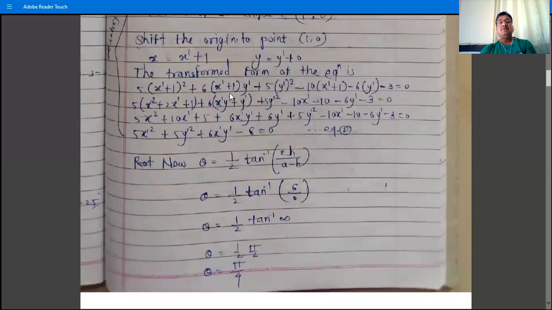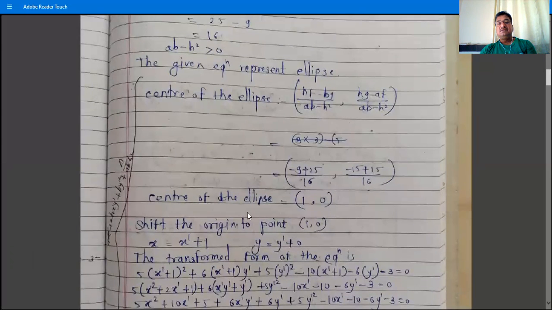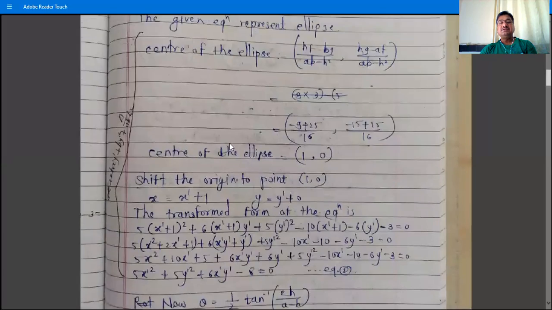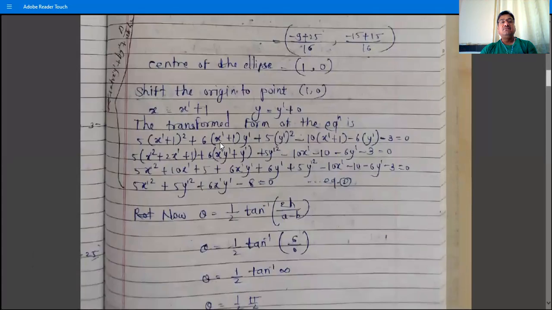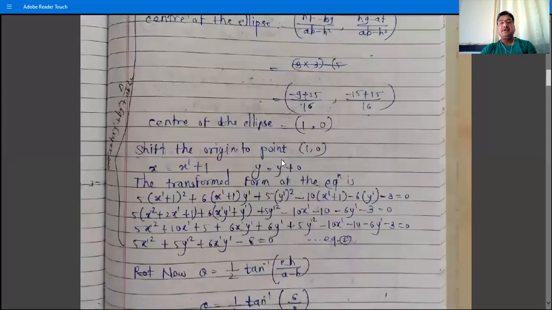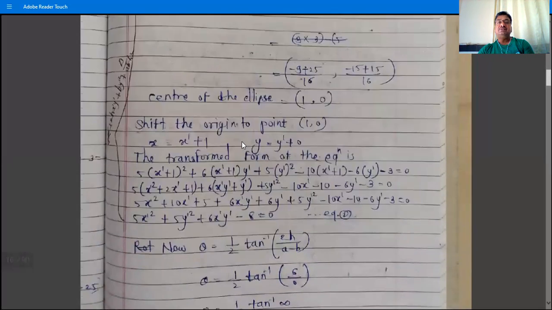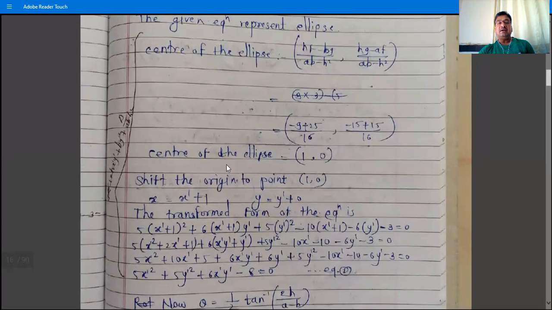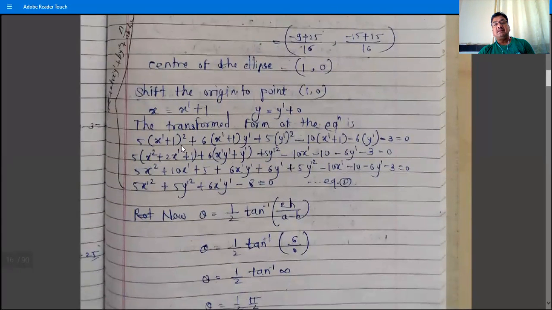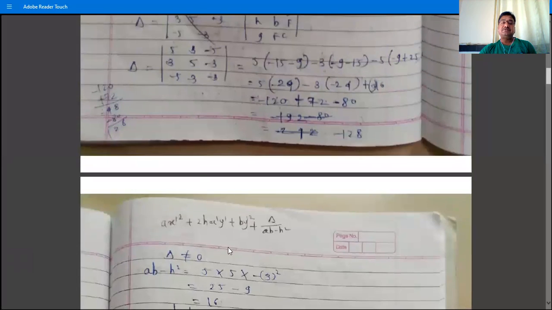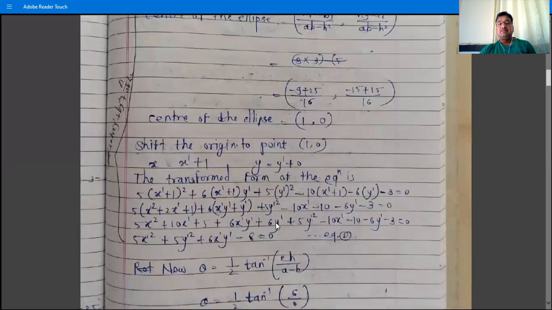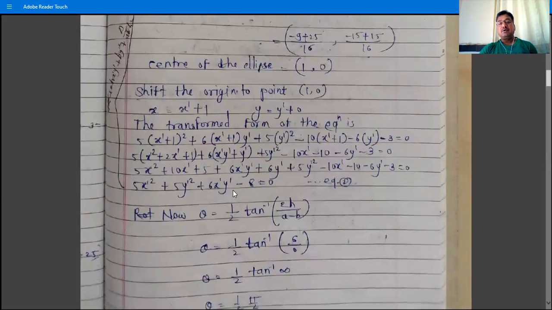So in the next problem, we will apply the second method, that is the finding of the center of the ellipse, and for all these calculations we can apply the direct formula and obtain this equation number 2. Okay, in the next example, either use this method, that is find the center of the conic and shift the origin to the center of the conic, and then find the transformed form, or apply the direct formula. This is the direct formula to obtain the equation number second in order to remove the linear terms x and